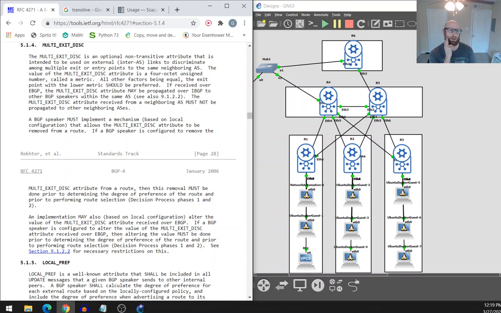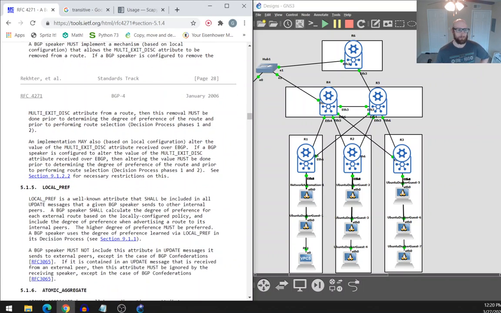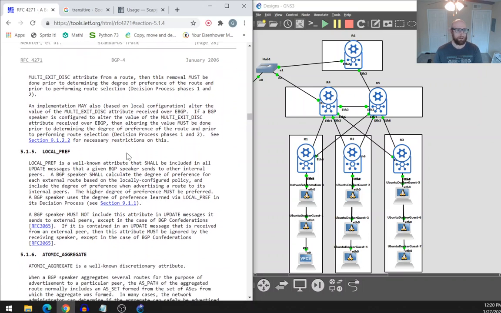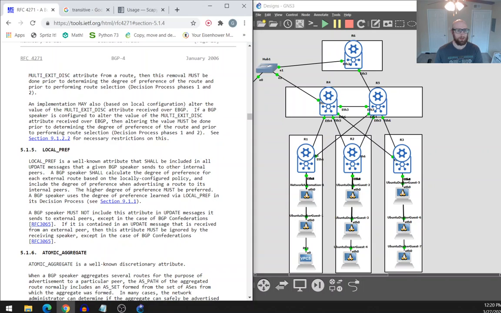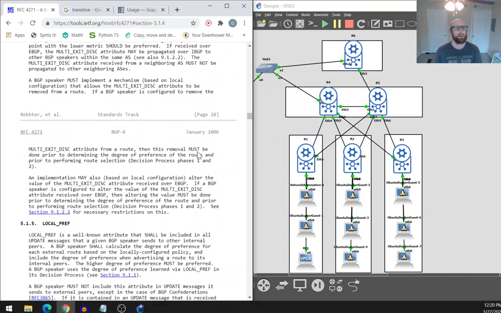So the multi-exit discriminator is an optional non-shareable. And again, shareable and non-shareable is still not the best, because it's shareable, but it's only shareable within the autonomous system. Across autonomous systems, you can't share it. It's non-transitive. An optional non-transitive attribute that is intended. Okay, and I read all of this already. So yeah, I read everything down to here. So next section is going to be the local preference section. But before I move on to that,